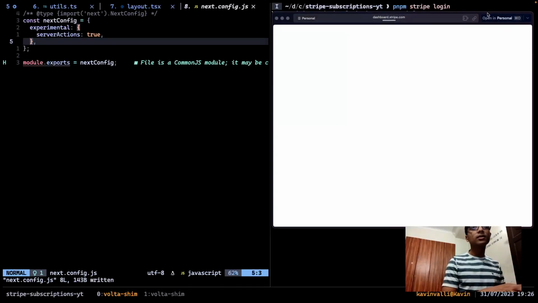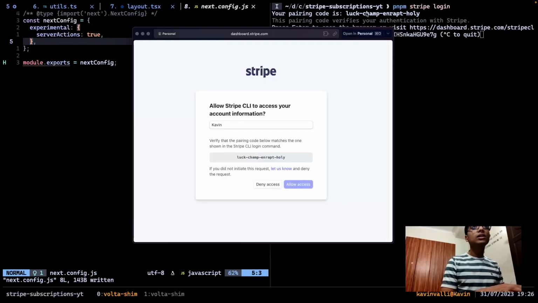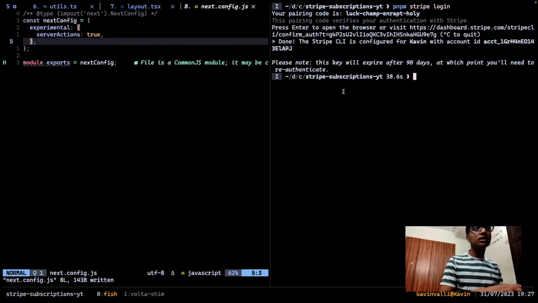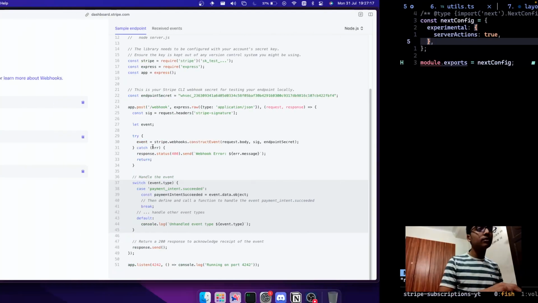What you want to do is cross check that this pairing code is the same. Let me just get this to load in a second. Yeah, so the pairing code will come up something like, yeah, that's the same. And make sure the account you're using is the right one, and click on allow access, all right? So what that will do is log in to your correct account. Just get this working, and it should now say completed, logged in on coven.local or whichever machine you're working